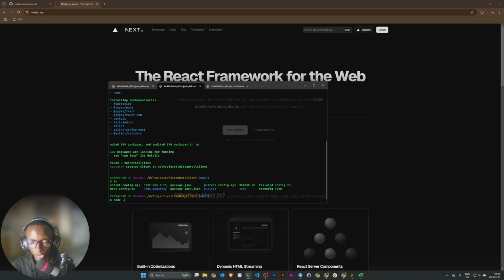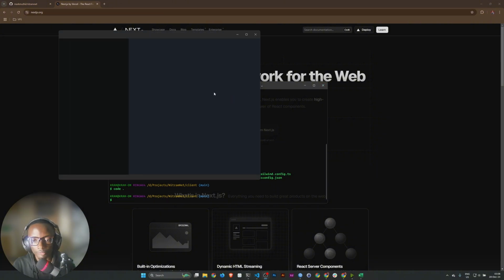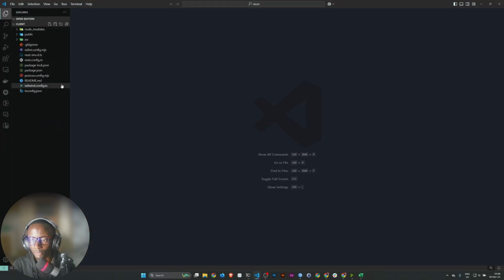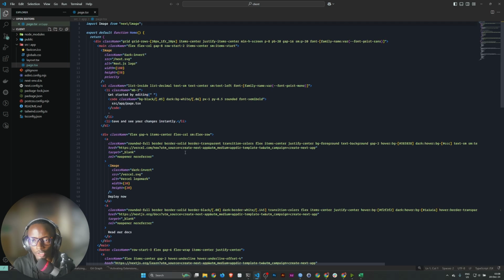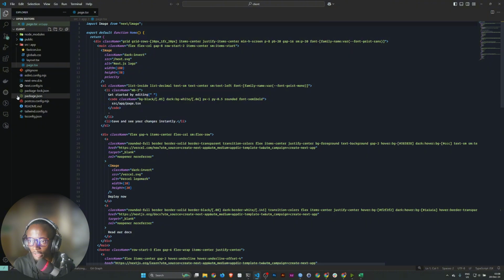We can open this on VS Code. So you have the app folder in there, page.tsx, just the default stuff that you get.